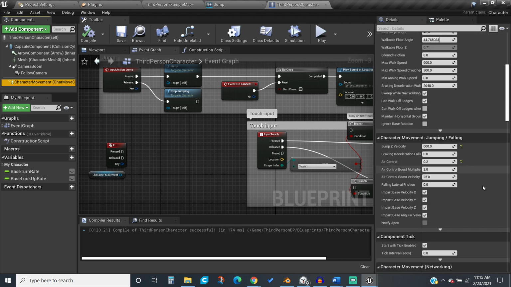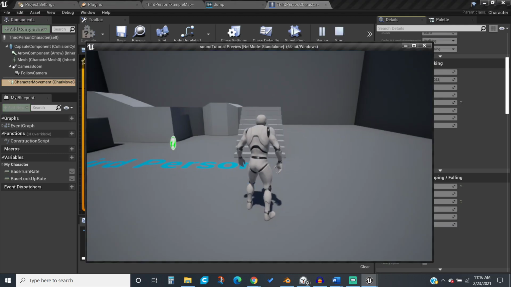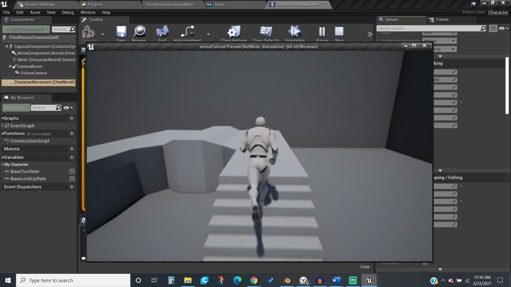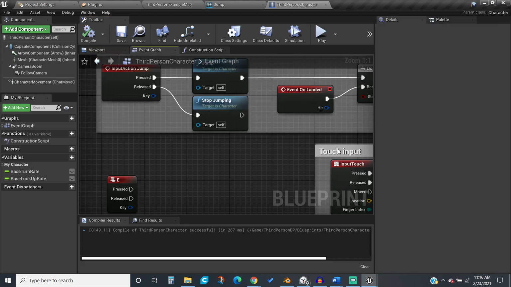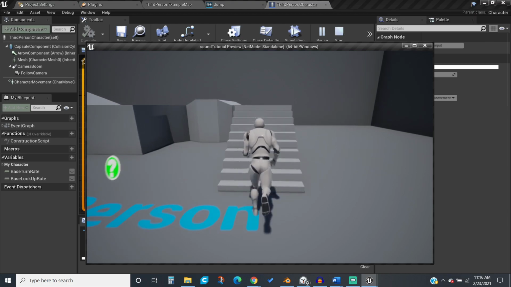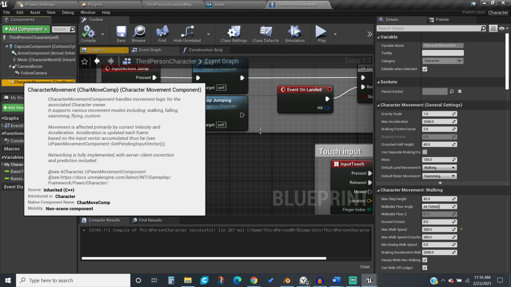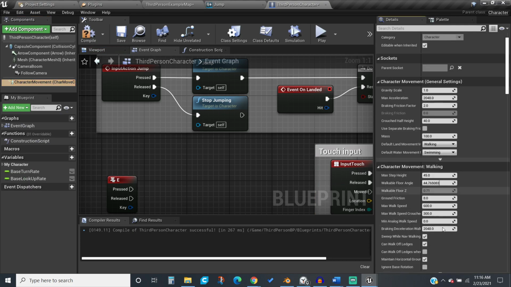The walk speed, what is it, max walk speed is the walk speed. If I set this to 300, we will walk or run much slower, like that. Okay, so if I reset that, and then